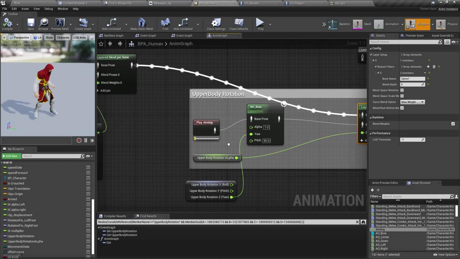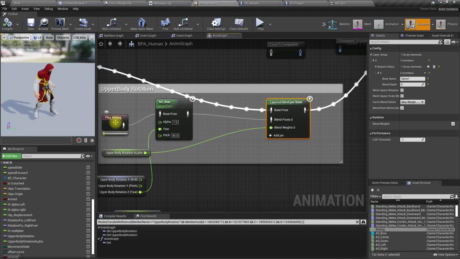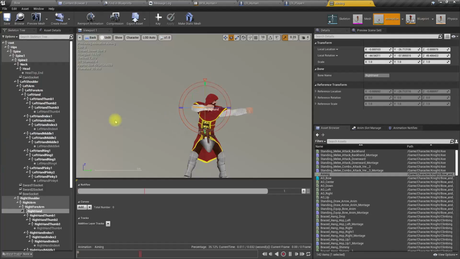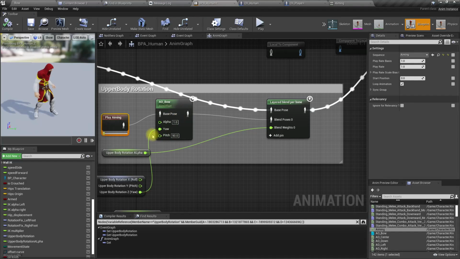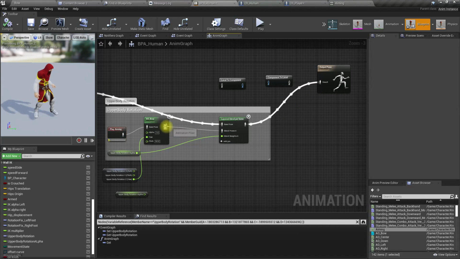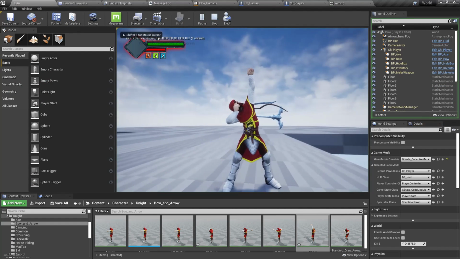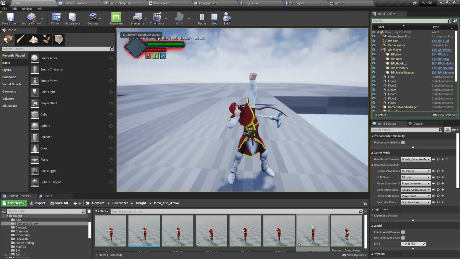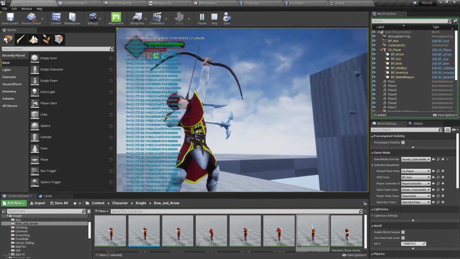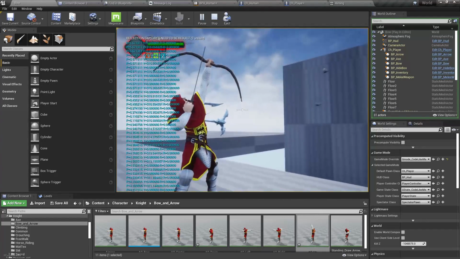That's because I have designed these aim offsets to work with this pose. Just to test, if I disconnect everything else and directly put the result here, you will see, yeah, now I am directly looking above like that. So what can we do?